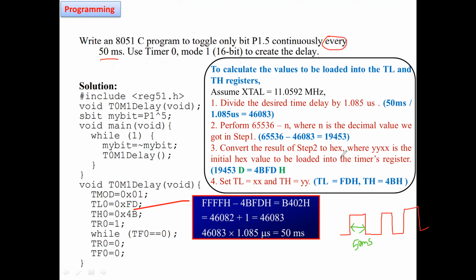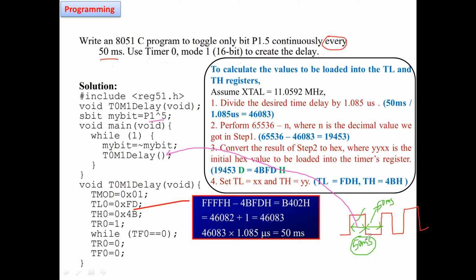Keep in mind the timer which we program will provide delay for a certain duration, which you can utilize either for the positive or for the negative part. This is another 50 milliseconds continuously. So this 50 milliseconds is the duration of your time delay when the particular pin is 1.